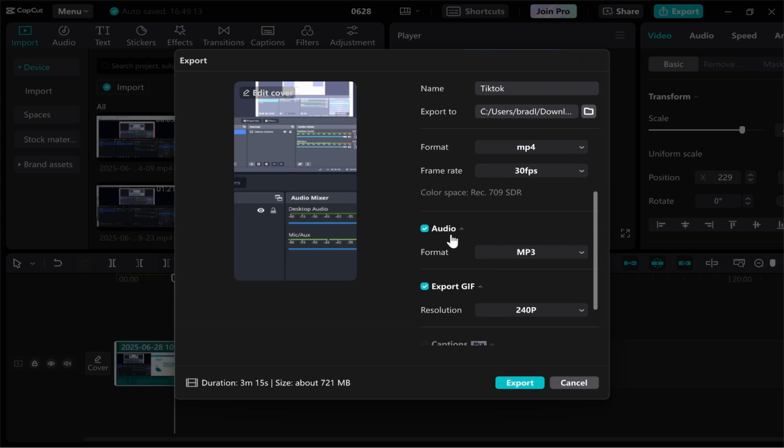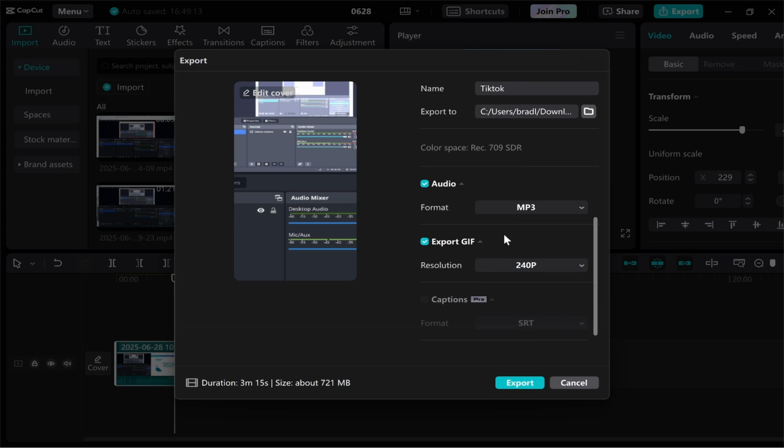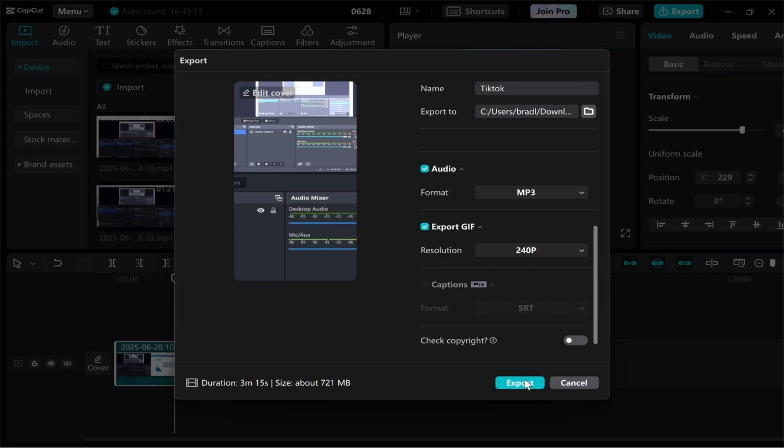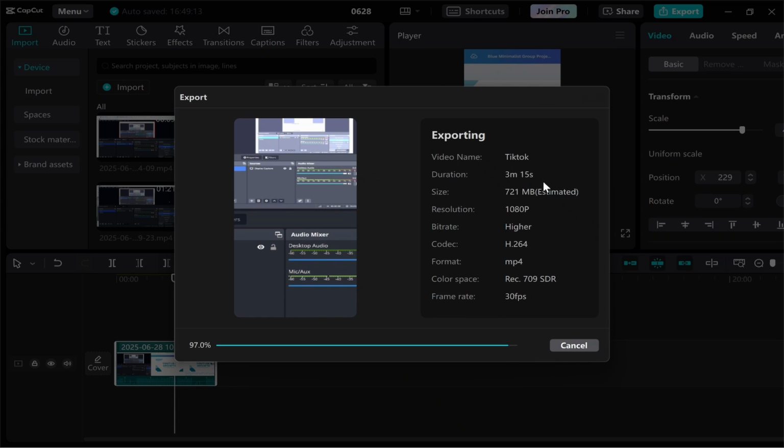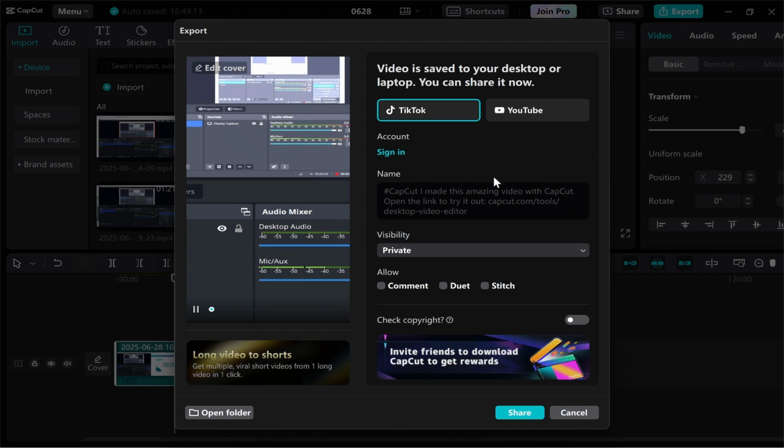And then if you need audio, make sure the audio section is checked. This will be unchecked by default, so make sure it is checked. And you can then choose your audio format as MP3 in my case, and then all you've got to do is click on export. It will then export your file into the folder you've selected, so we can go ahead